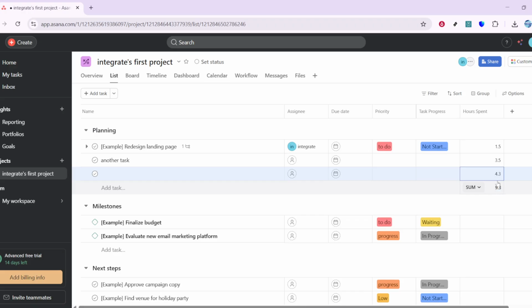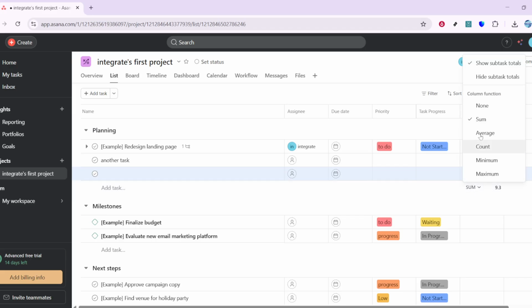Repeat this process for all tasks in your project to keep your time tracking consistent. Update the number whenever you complete a task or finish a work session. Over time, this simple habit will give you accurate data to inform planning, improve estimates, and highlight where your team's effort is